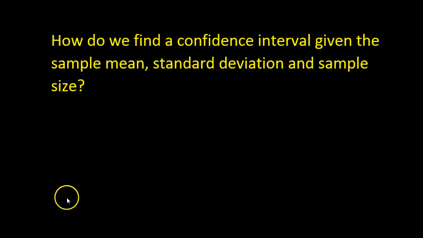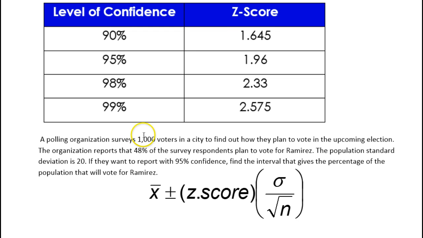In this video, I will show you how to find a confidence interval given the sample mean, standard deviation, and a sample size. A polling organization surveys 1,000 voters in a city to find out how they plan to vote in the upcoming election. The organization reports that 48% of the survey respondents plan to vote for Ramirez. The population standard deviation is 20. If they want to report with 95% confidence, find the interval that gives the percentage of the population that will